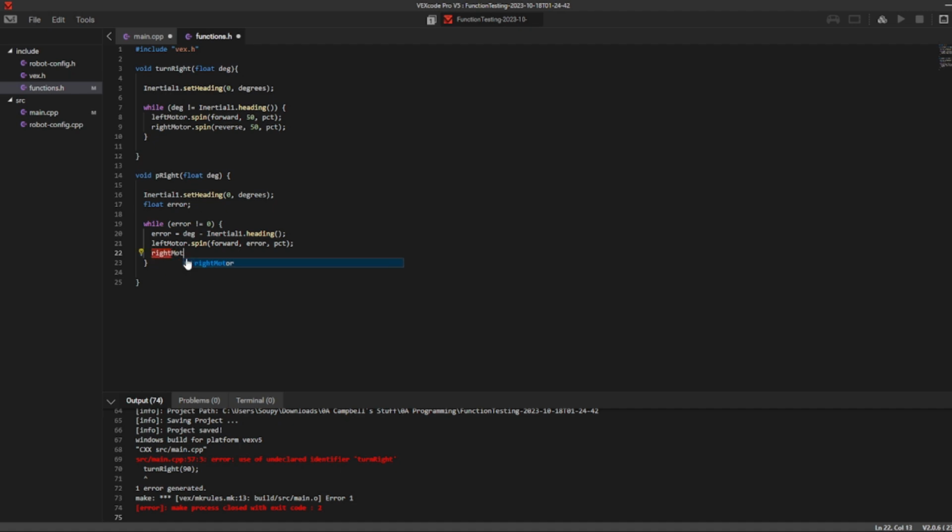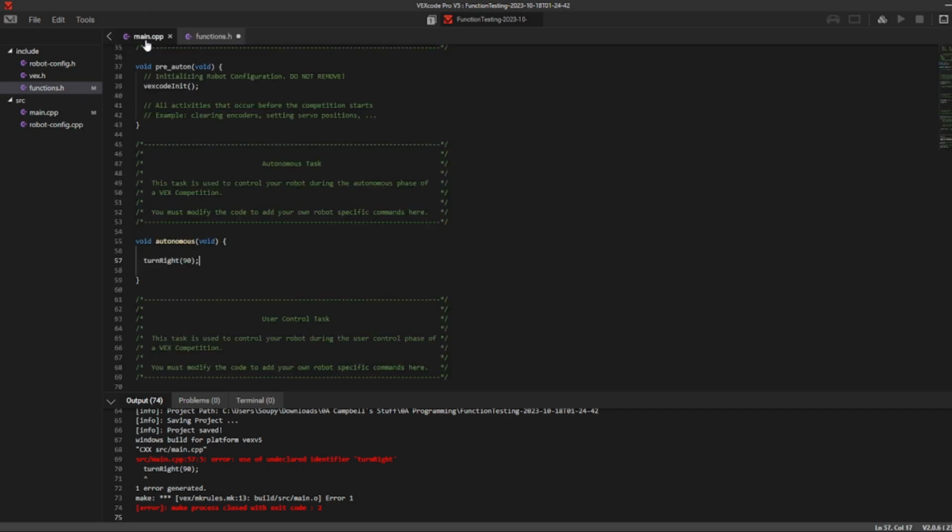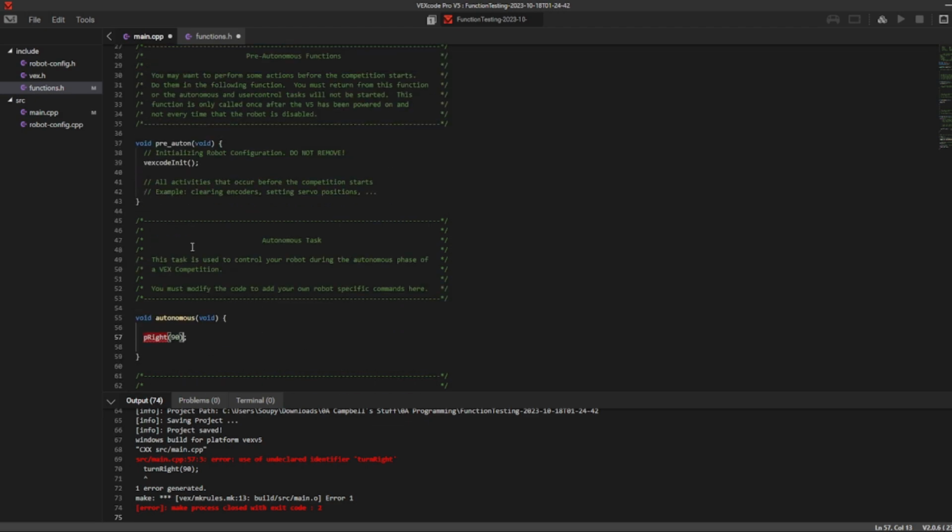And then right motor spin reverse at error %. Or you could do spin forward at negative error. Either one will work. But now we have created a proportional loop. So what this will do is this code right here, or I guess all of this, is going to spin our motors at the % speed that our error is. So in here, if instead of turn right 90, I have P right 90, my proportional right 90,